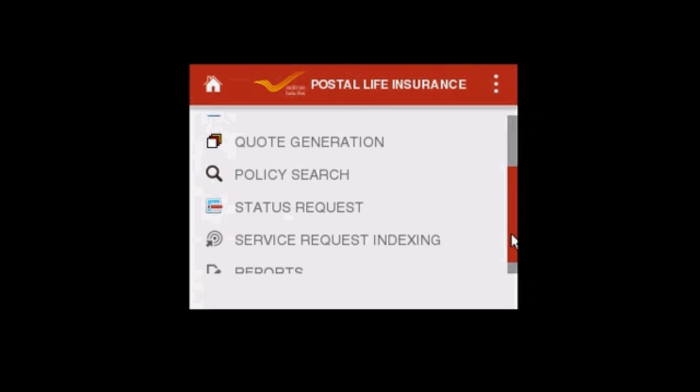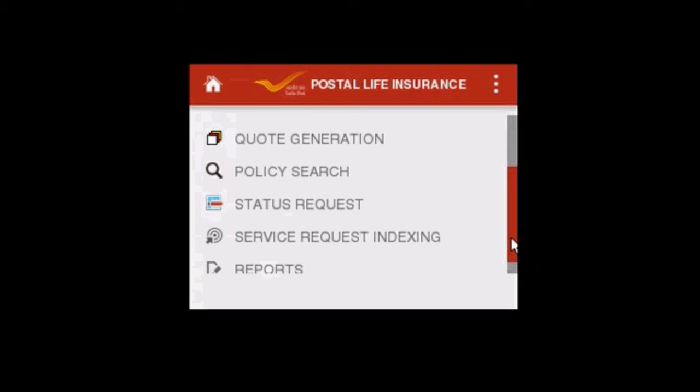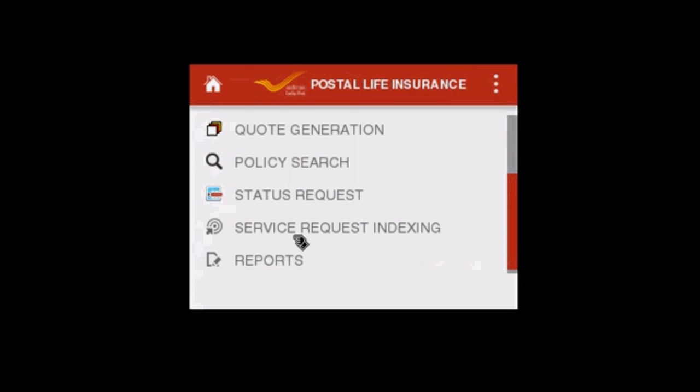Service request indexing, as I mentioned earlier, maturity surrender, death claim, surrender request, commutation request, conversion request, reduced paid up request, revival request, and survival claim. And this can be done. Since we are not having so much thing with us, we cannot show you, but these are the easy process, one by one. Everything will come one by one, that has to be filled up.